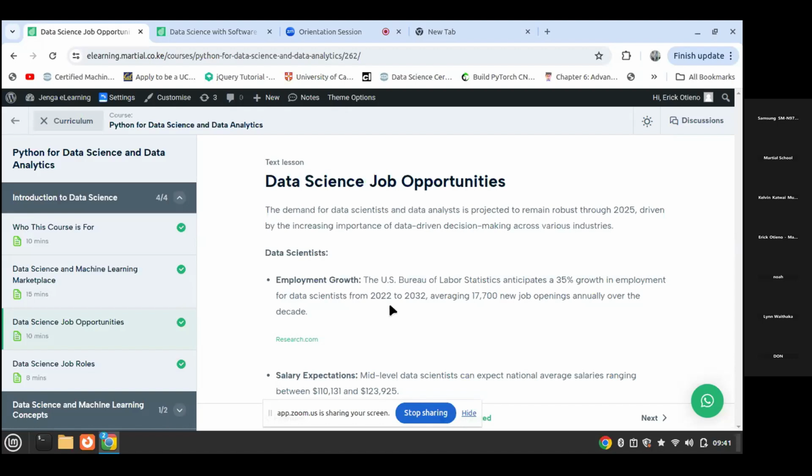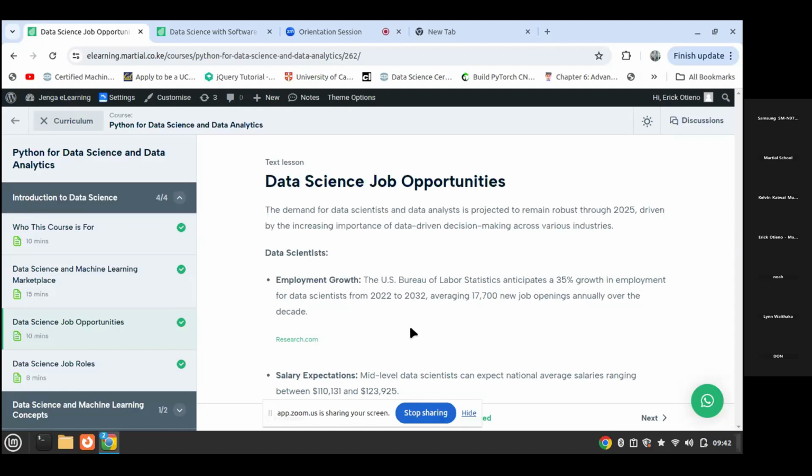So one thing I want you to know is that the industries we are talking about range from educational institutions to healthcare institutions to our government to the military to businesses. They want to make data-driven decisions. And now the demand for data scientists and data analysts is actually projected to remain very high.